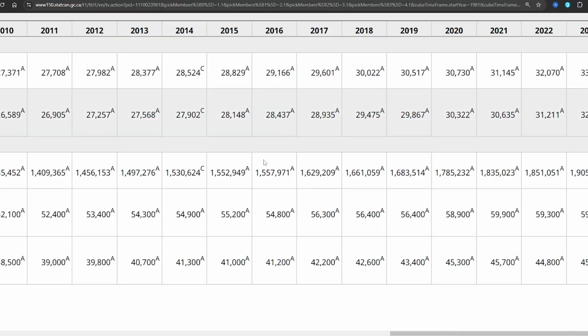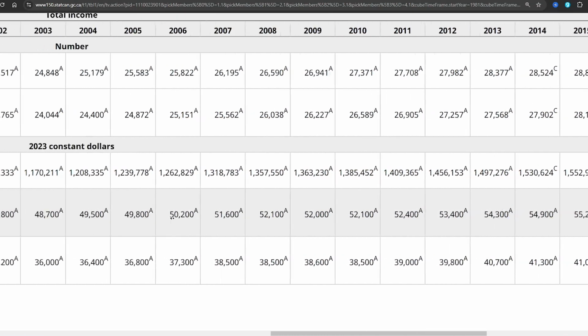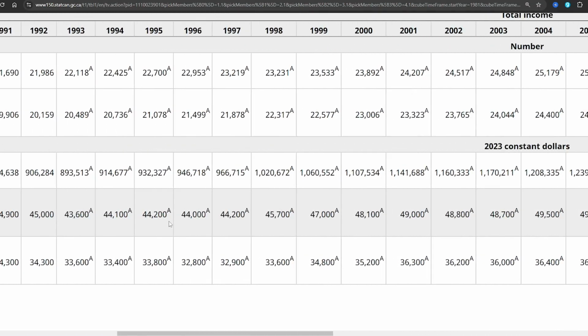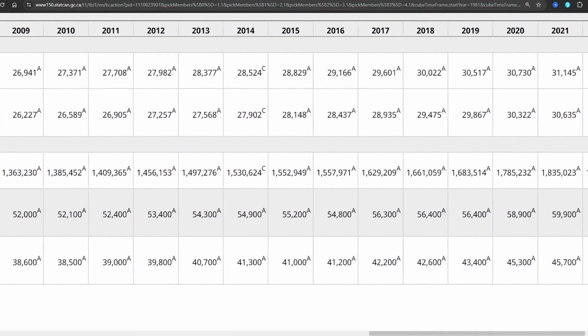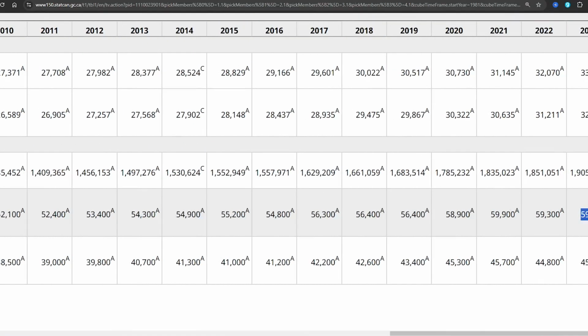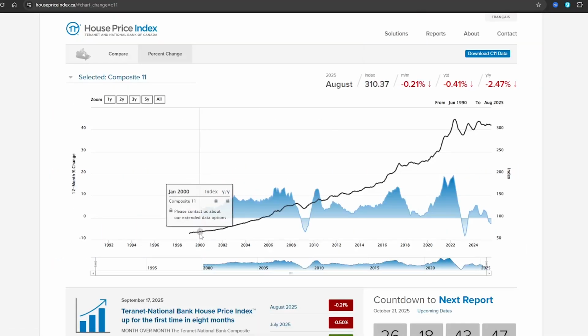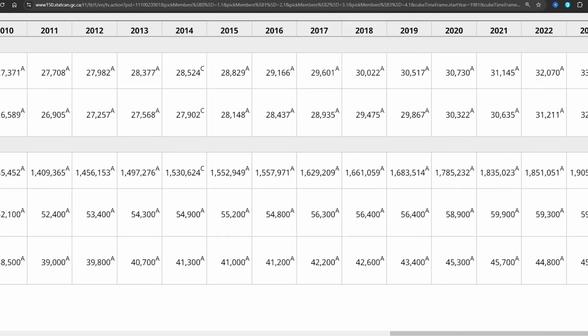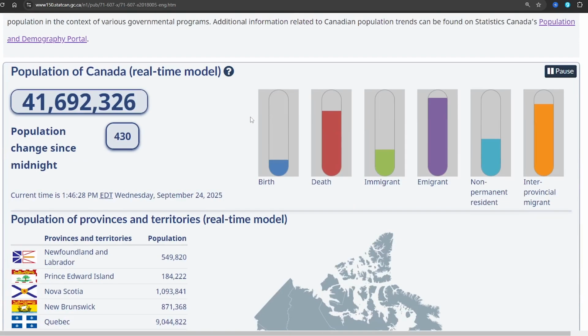But it's an example of the fact that when you only go from this as an average income, and we can even go right from here, $48,000 in 2000, we have another $11,000 to work with as an average income, but we've grown from this 68 index to over 300 in terms of housing costs. And it's just an example. It doesn't talk about inflation. It doesn't talk about all these other things. So my point is,